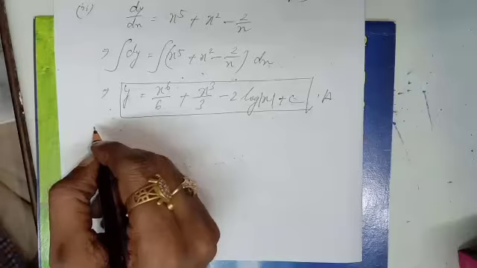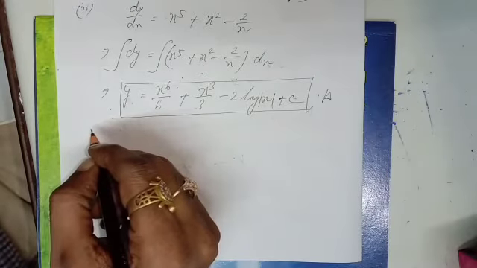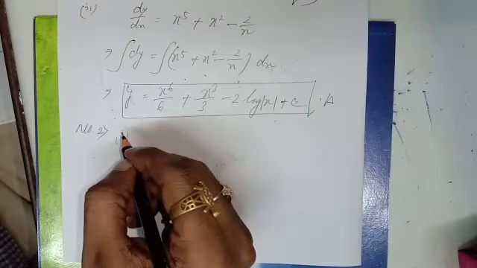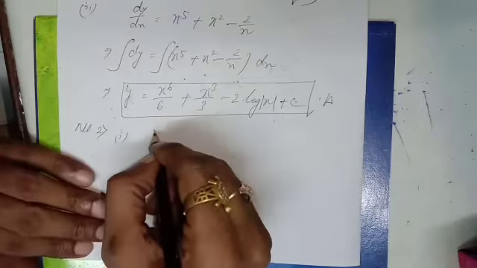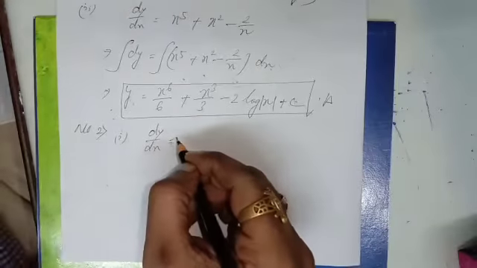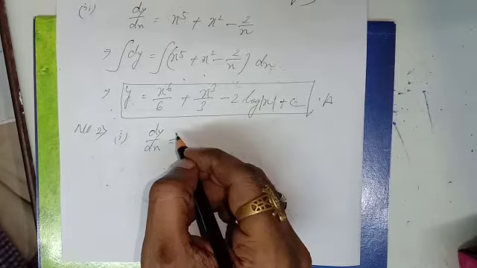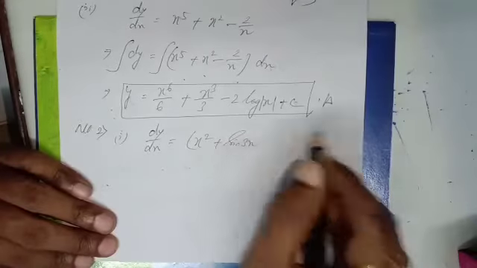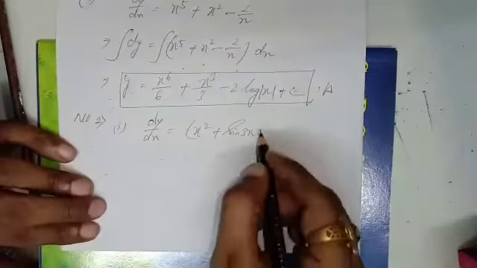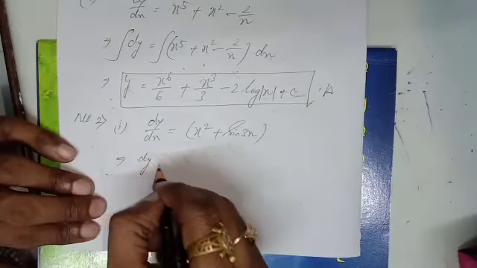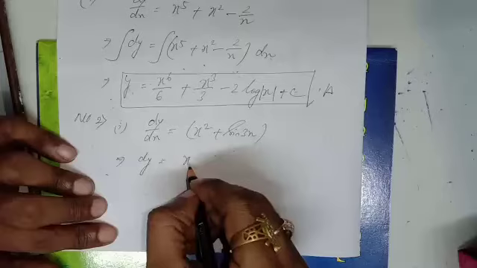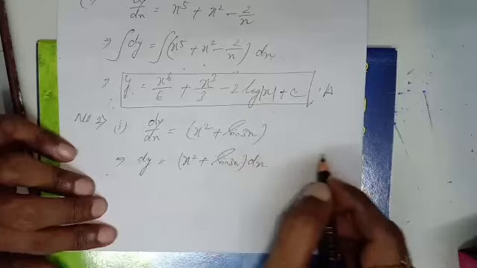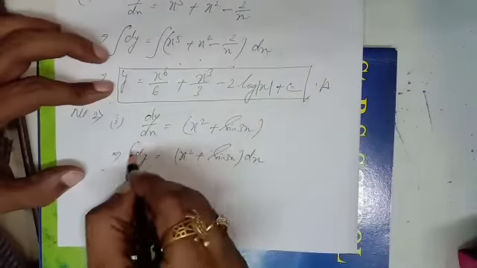Let's go to number 2, first part. Question number 2, first part, it is given dy by dx is equal to x square plus sin 3x. How to solve this one? First you write dy this side, dx take that side. That means x square plus sin 3x, whole dx. After the separation of variables, you have to integrate.